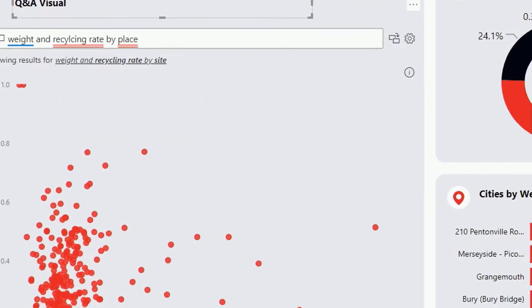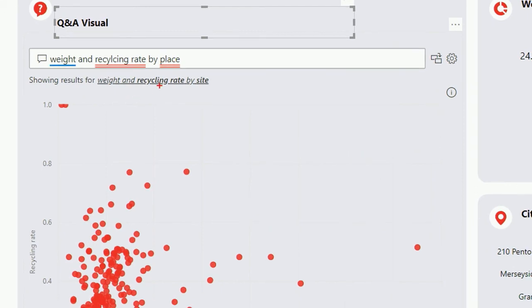But there's more. Because over here, you can see that place was not recognized, not because there are any typos, but because it actually doesn't exist in my data model. But Power BI was still able to answer this question for me. And this is because we're automatically integrating with Office Thesaurus, so we're automatically annotating your data model with synonyms. So site is in my data model, and we've figured out that when you wrote place, you probably meant